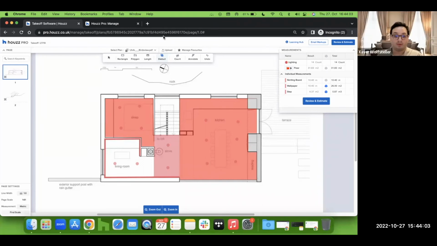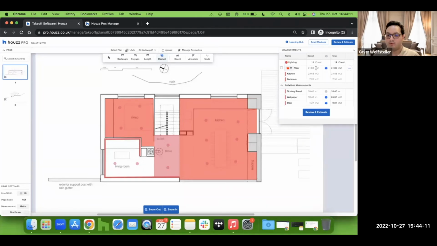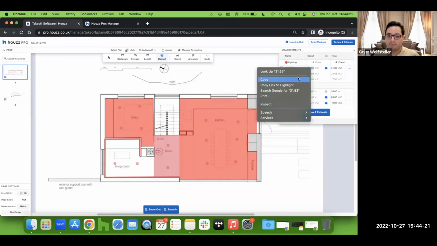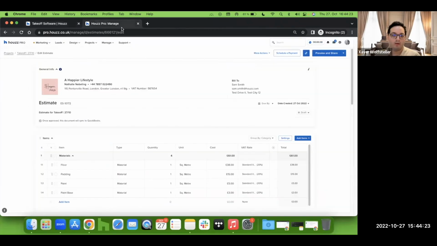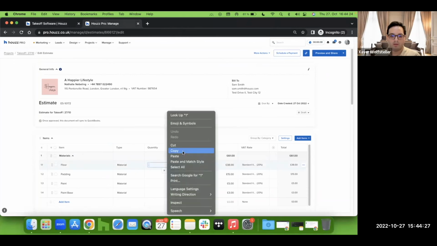Exactly, yeah. And you can also create as many templates as you want, depending on the job you're working on. So now what you can do is, for example, click the floor, select the area of the floor, and just copy and paste. You can use Command and C, or you can also right click and copy. And then you can paste it right over here,